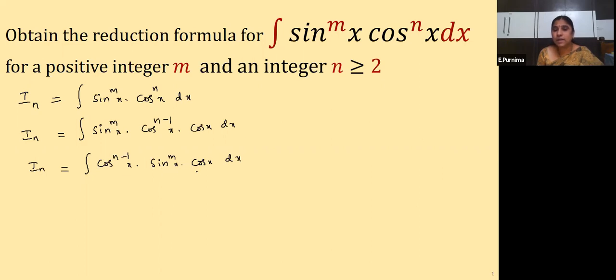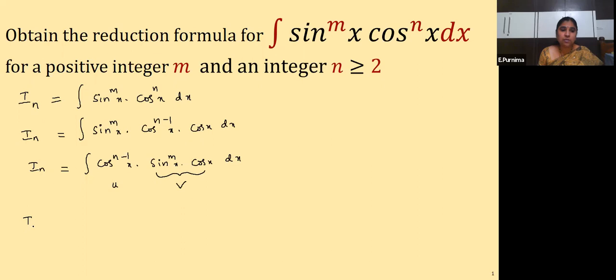So if you consider here, if these 2 terms are together, then here we have to integrate that v. Yes. So in the integration part, if you take sin x as t, sin x, the derivative is what? Cos x. Cos x dx becomes dt. Yes. So that's why here these 2 functions together are taken as v, and this cos to the power of n minus 1 x should be taken as u. Understood? So like that we have to check, children.